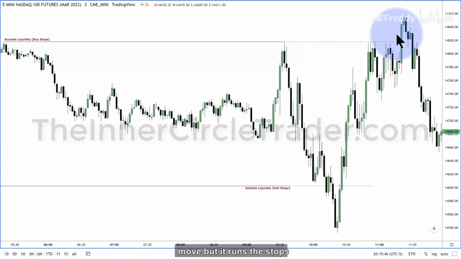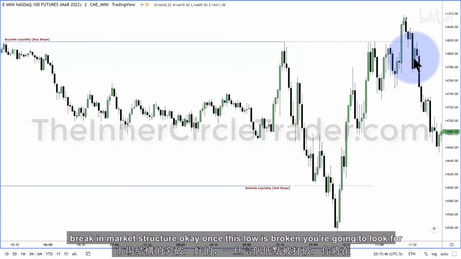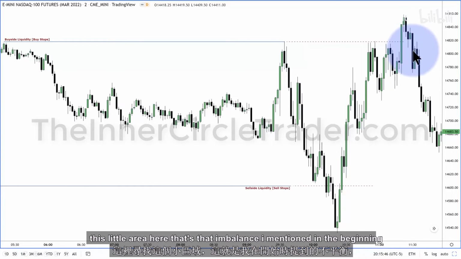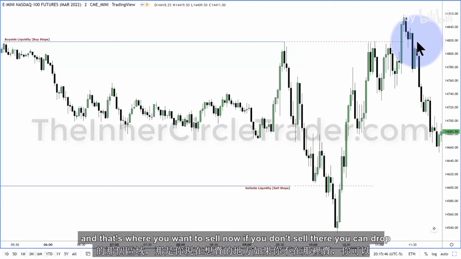But it runs the stops. Then we have a short-term low, and then it breaks below it. So now we have a break in market structure, okay? Once this low is broken, you're going to look for this little area here. That's that imbalance I mentioned in the beginning, right? So what's happening is the market's going to go right up inside that area there, and that's where you want